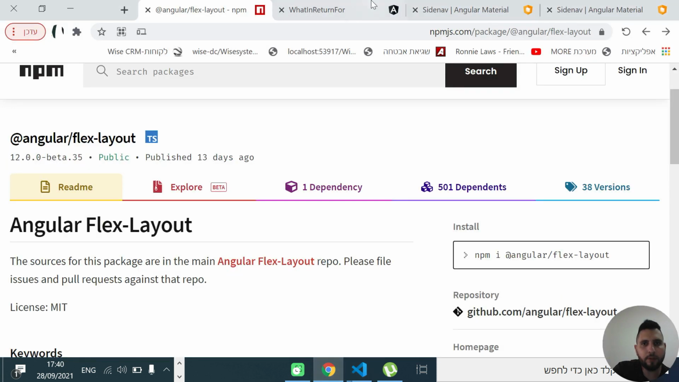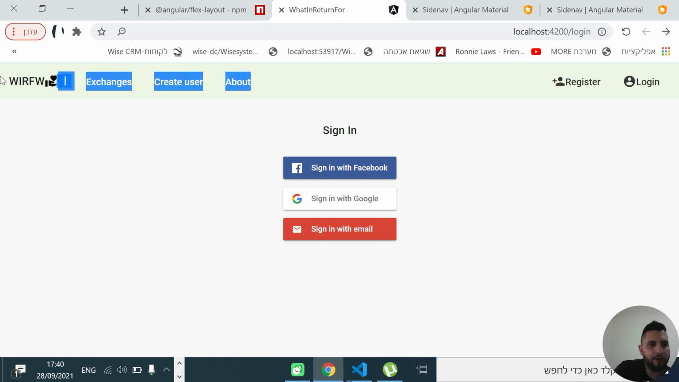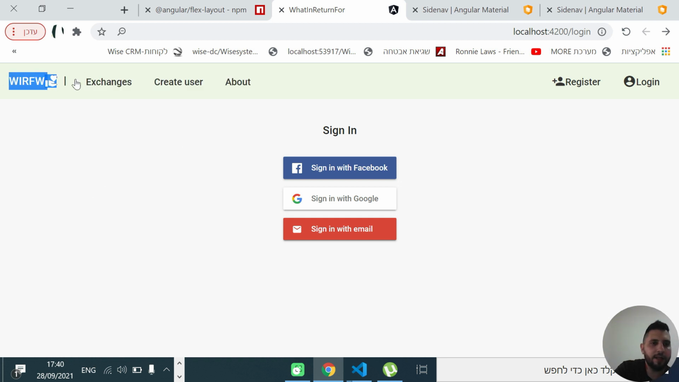Now, this is the navbar. This is an application of mine. It doesn't matter what this site is about; we only care about the navigation. So basically, here we have the logo with an icon. We have a separator. We have two groups: one is links for the site, exchanges, create user, about, some space between, and here to the right we have